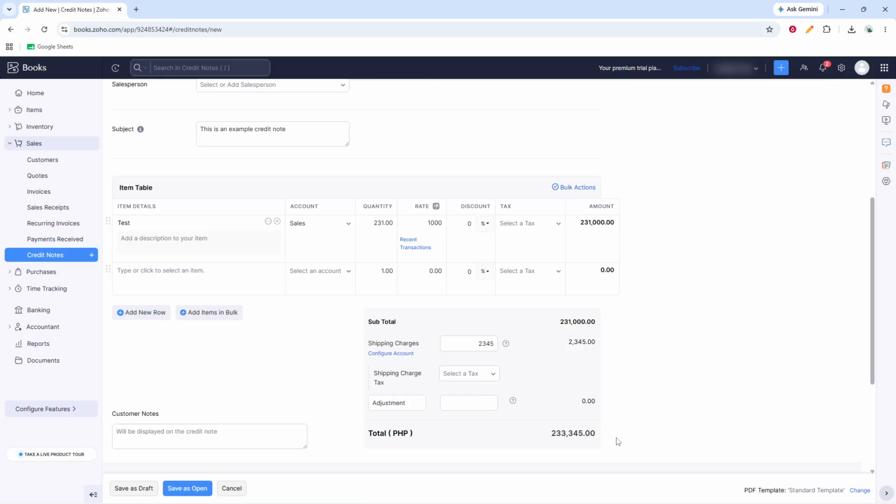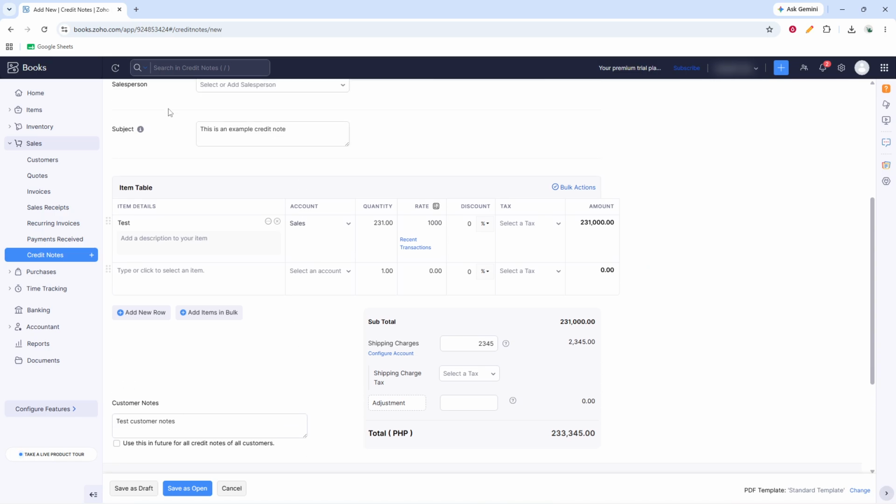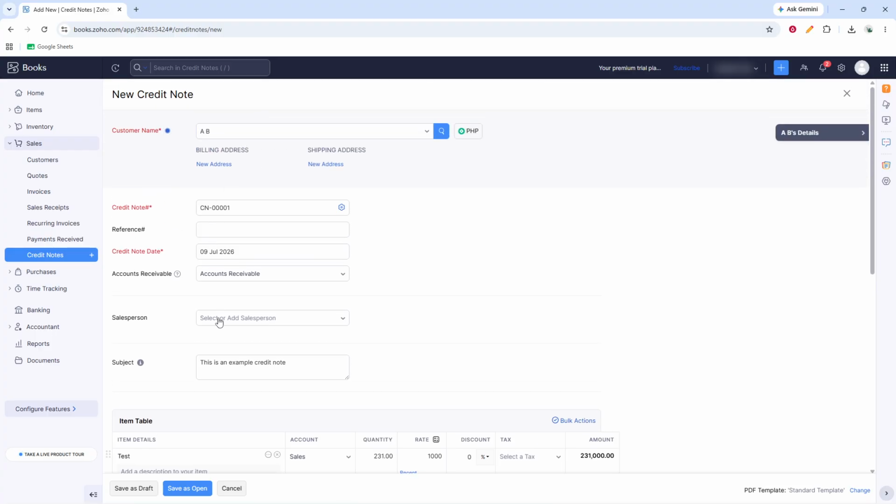Below the item and total sections, you can enter customer notes if you want the recipient to see a message on the credit note. You can also add terms and conditions if those need to appear on the document. These fields are optional, but they can be useful when you need to add context or internal policy language to the credit note. Before saving, review all the information on the form, including the customer, dates, item details, amounts, and